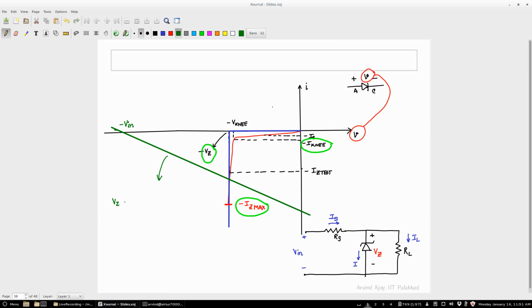What does this line represent? Right? So you are basically trying to write an expression for small v. Small v is the extra volt, minus Vz. You can write out Vz as equal to V in minus IS, right? Which means that your minus V equal to V in, and IS is nothing but